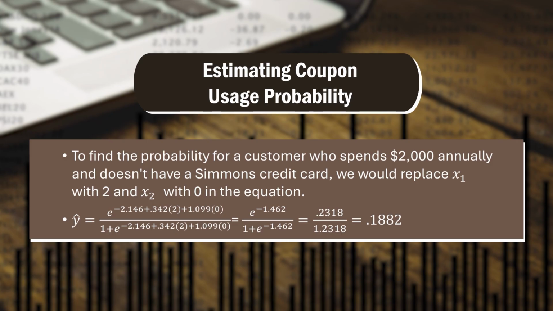So you could see by replacing it, we have e to the power of minus 2.146 plus 0.342 times 2, plus 1.099 times 0, in the numerator and also in the denominator. We write it as y hat; we use hat for the estimated value. So we are getting the estimated value for y. When we solve it, we get a value of